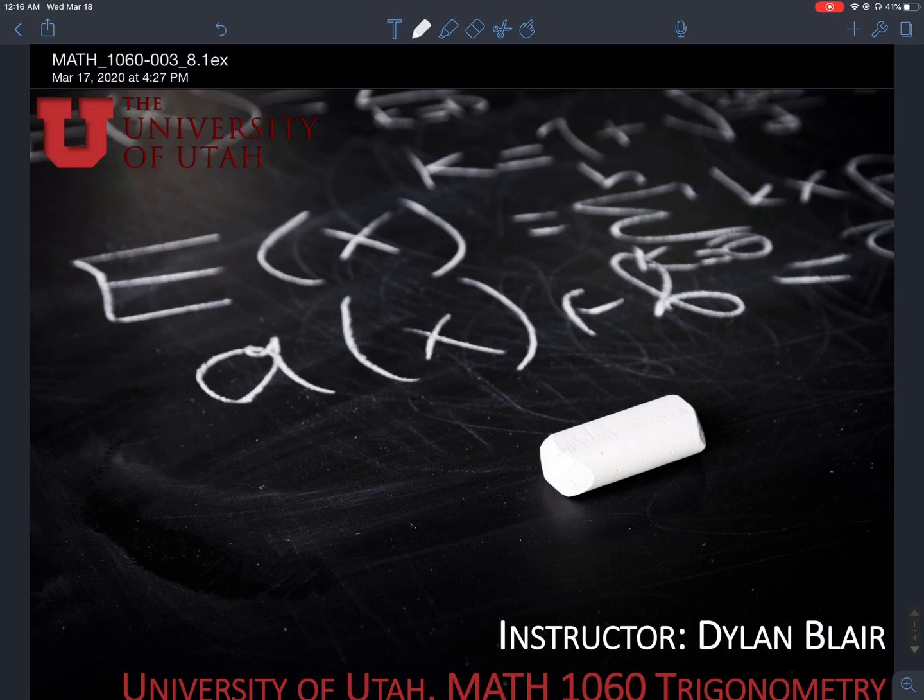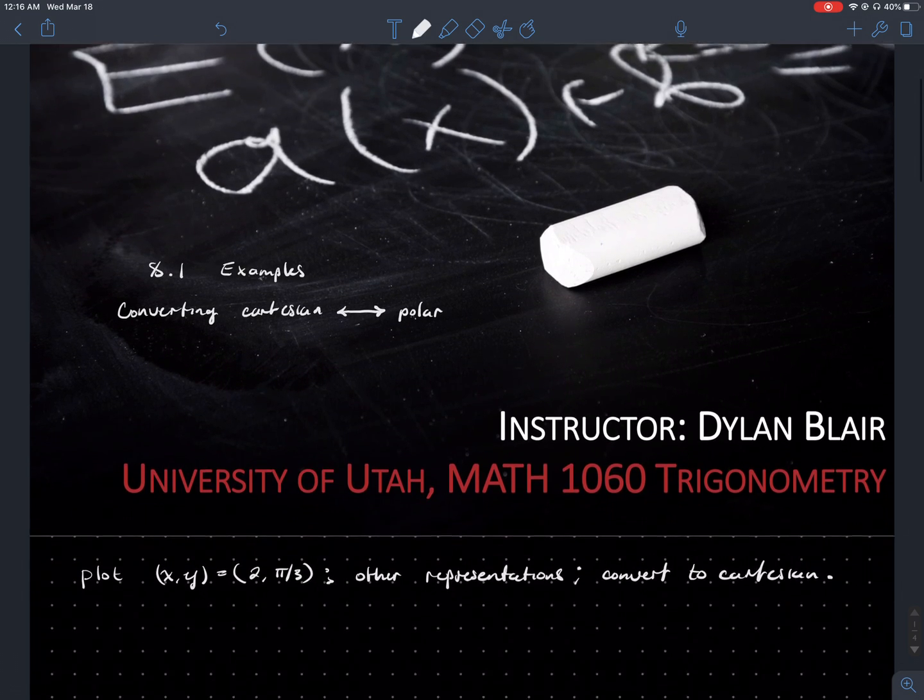In this video we are going to be going over 8.1 examples. Okay, so that's converting from Cartesian to polar and polar to Cartesian, and hence the double-headed arrow. Okay, so